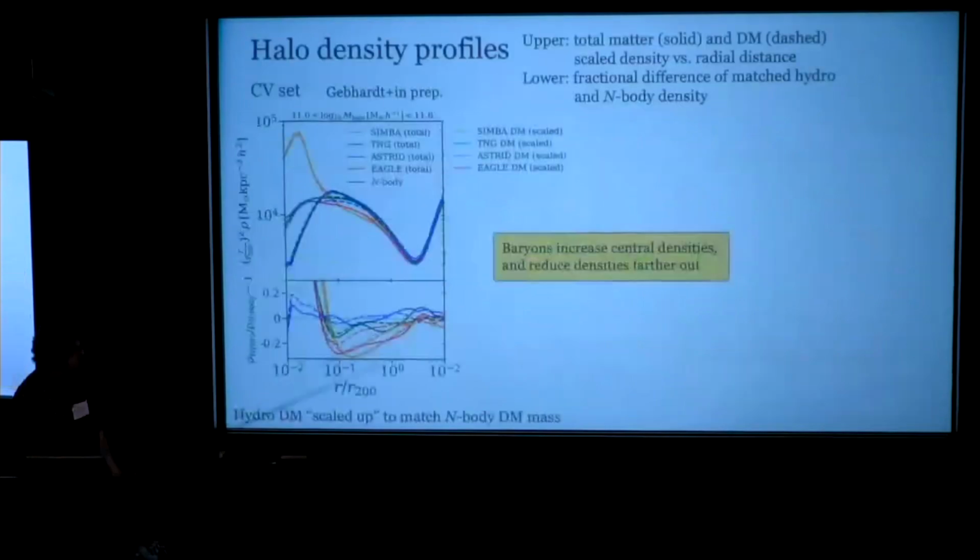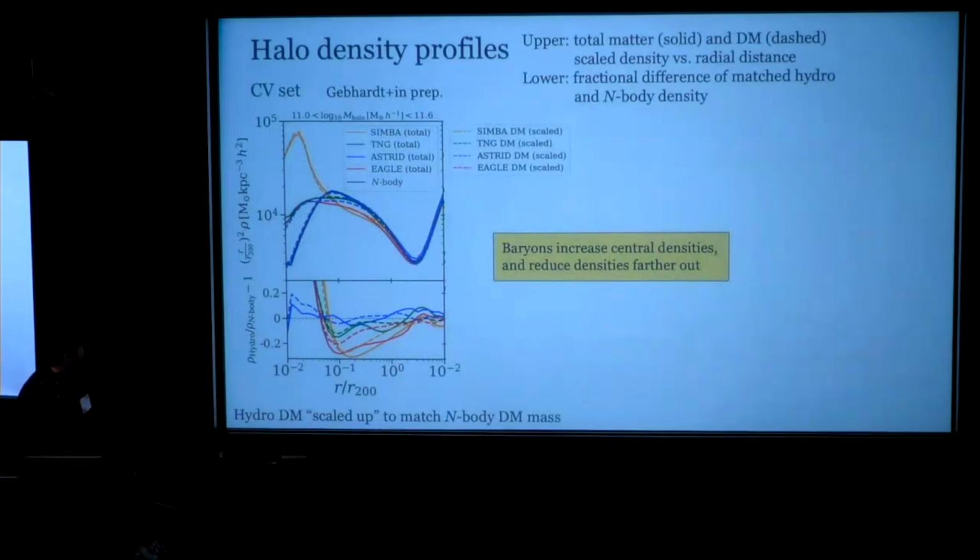We can also look at density profiles, so there's a lot going on here. Each color is one of the different simulation suites. Like the previous plot, I didn't mention this, but it was for the full CV set, just compiling as much data as we can with the fiducial parameters. We can plot the density profiles, and here we're scaling by R squared just to make the lines separate a bit more. In the top panel, and in the bottom panel, we're plotting the fractional difference between the hydrodynamic and